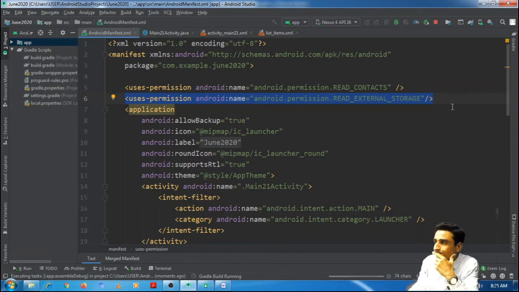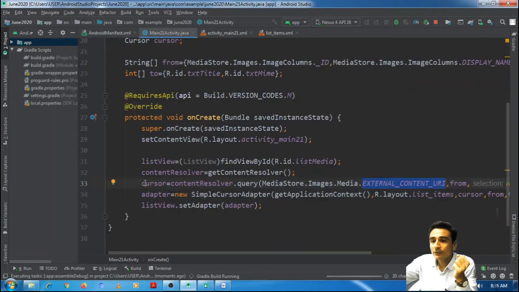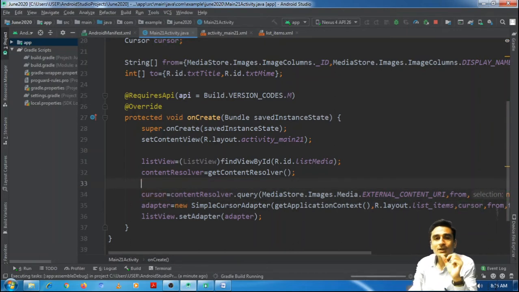So in that case, we should also check for the availability of the permission, whether it was granted at the time of installation or not. To check this, we should write one method here before this. If the permission is not granted, we should request again for the permission. That is the thing which we should implement.